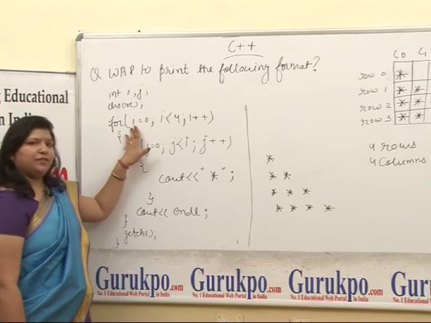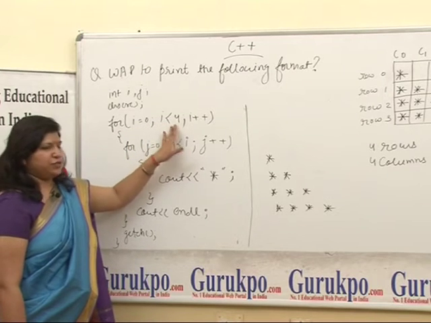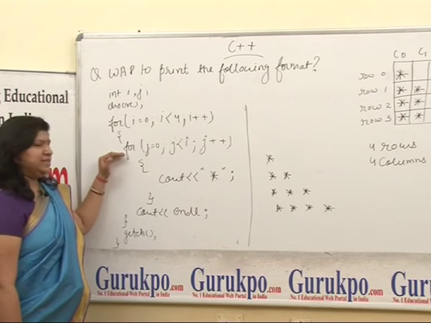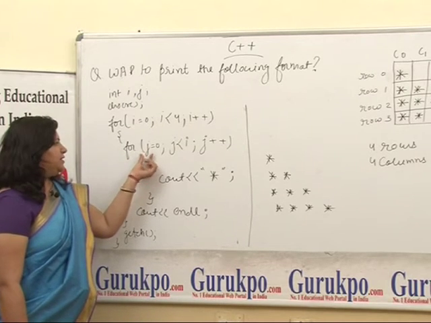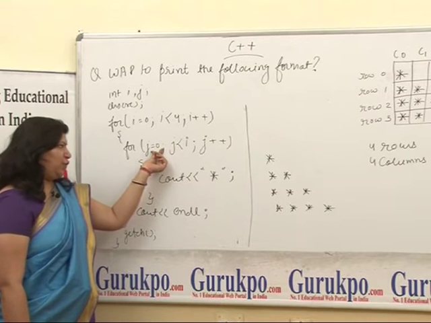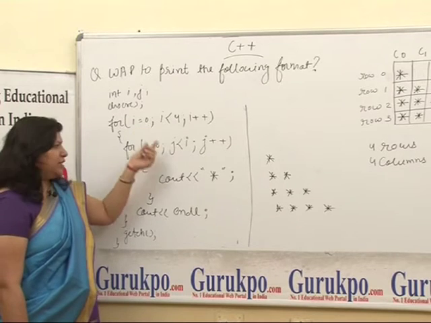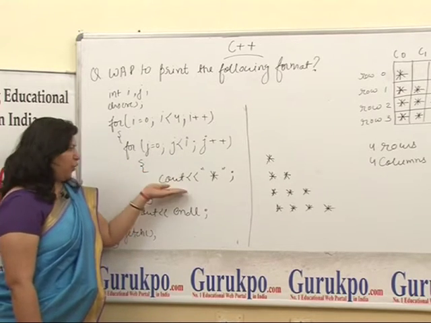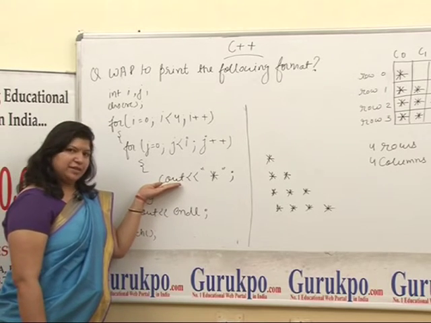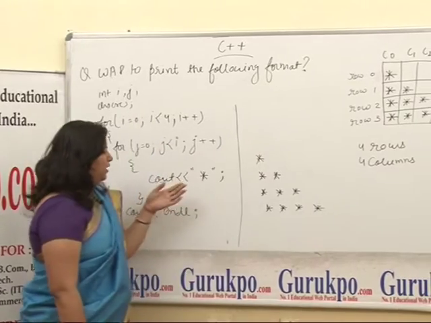First of all, the value of i is 0 and 0 is less than 4. So the condition is true, and we will go inside this loop. Now we have another for loop for j also. The value of j is 0 over here and 0 is less than i, and i is initially 0. So the condition is also true, and we have come into the body of this j for loop. Now as you can see, this print statement, cout asterisk, will print the first asterisk on your output screen.